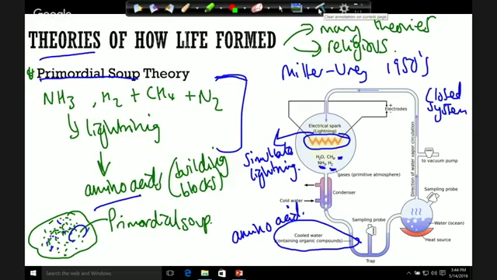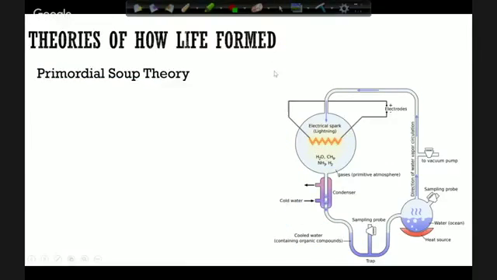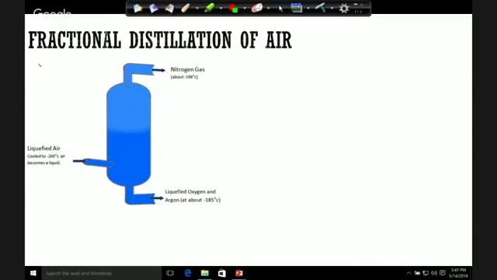Now finally, the fractional distillation of air. And that is for anyone studying the higher tier. And just like we talked about fractional distillation towards the beginning of the video in terms of crude oil, this is about the fractional distillation of air. So again, air is a mixture, like crude oil is a mixture of hydrocarbons. Air is a mixture of different gases, like we've discussed already, including nitrogen, oxygen, argon, carbon dioxide, and things like that. And we might want to separate this air into its different gases because they're useful for different